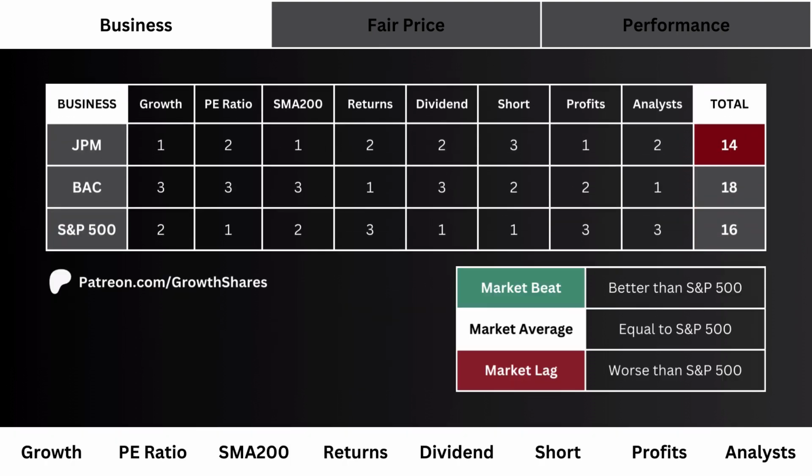So after going through all our business metrics, what you see here is the total score for all three stocks. The higher the score, the better the business of the three. If the company has a higher point total than the S&P 500, it's a market beat, and that's the preferred